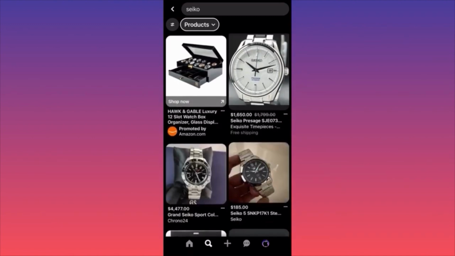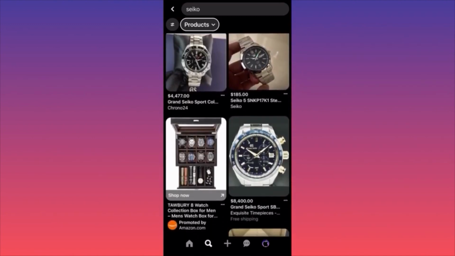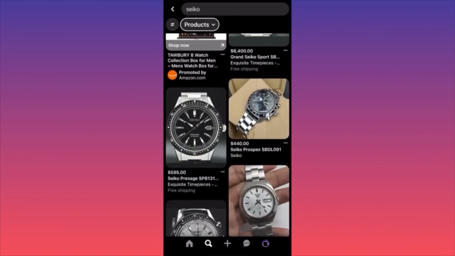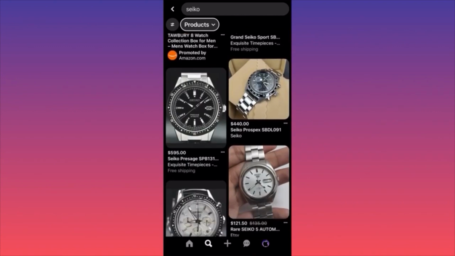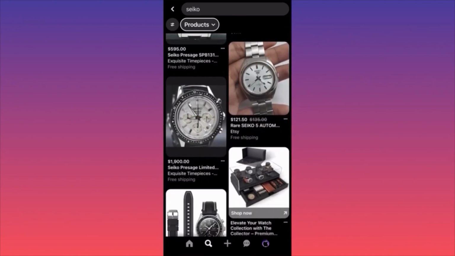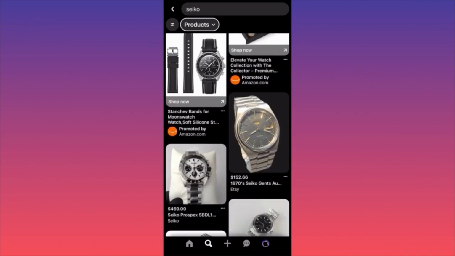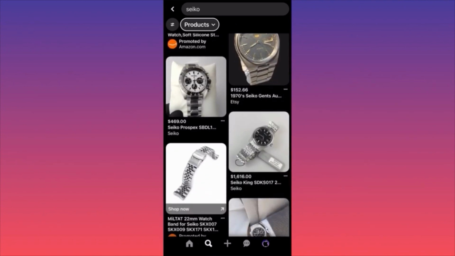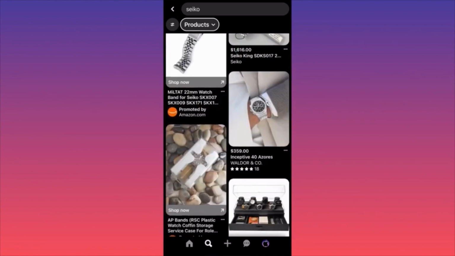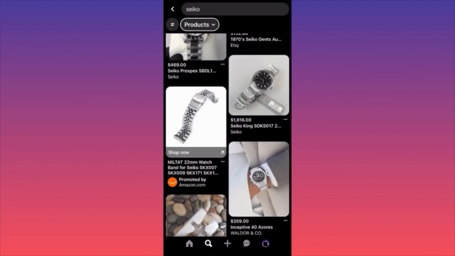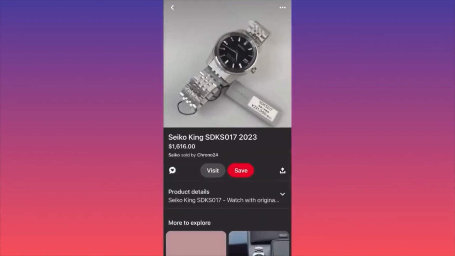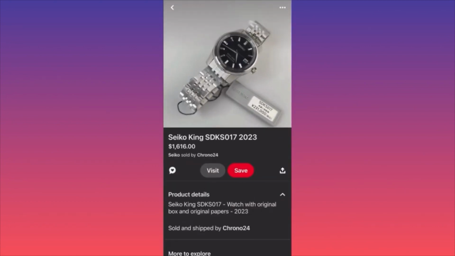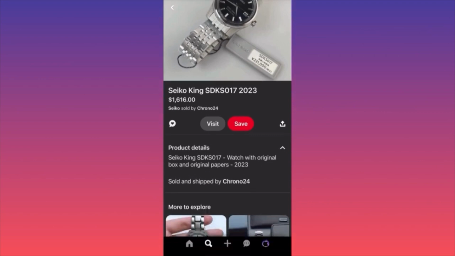If you scroll over here, you can see most of the pictures are not professional. Most of the pictures are very genuine. So I guess this is the way they can reach out to a broader audience. So this, for example, over here, if you see, it comes with the actual tag. Let's see where they're actually selling it. When you click on additional details, again, this is Chrono 24.